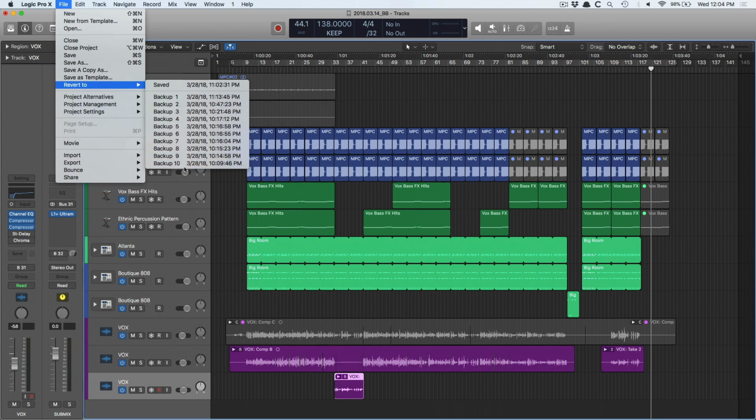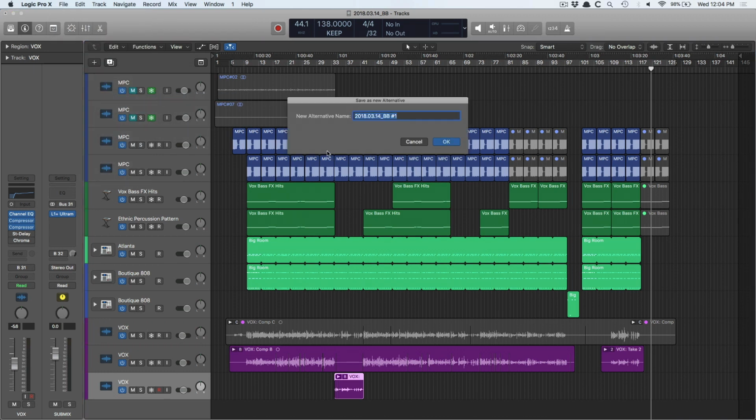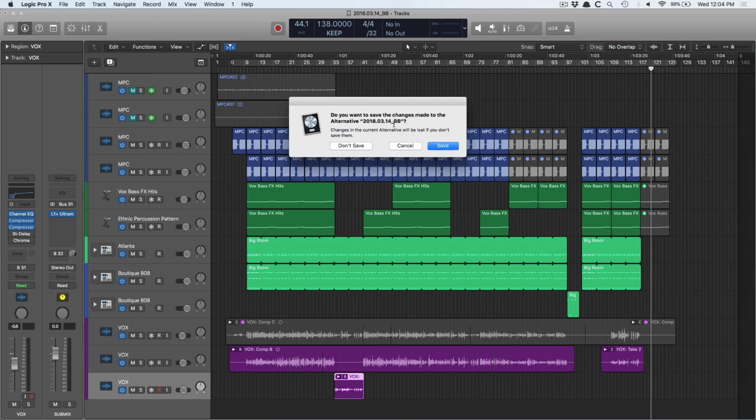So I've set it to 10, so I don't want to rely on this in case I need to go backwards later. So you can set up a project alternative. You can set a new alternative and you can give it a new name like Alt3. Hit OK. And Logic is going to ask, do you want to save the changes made to this particular project